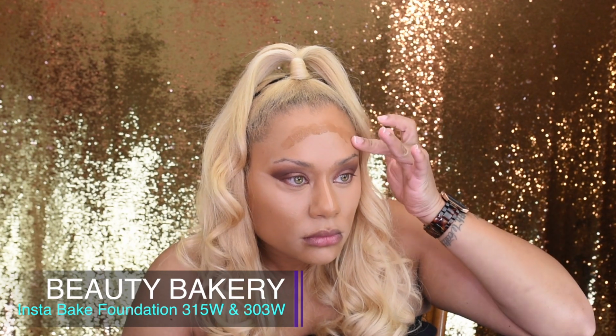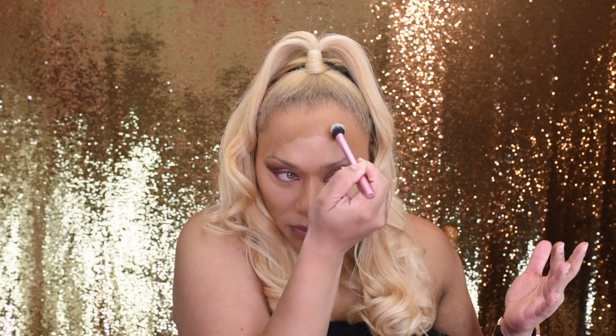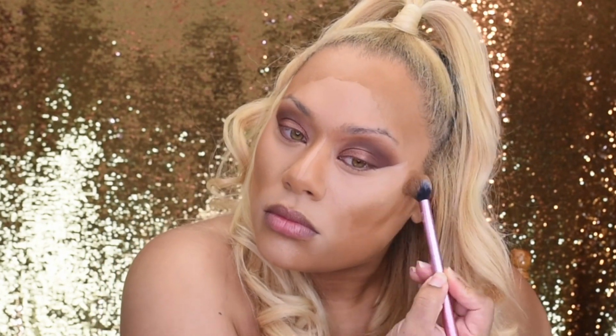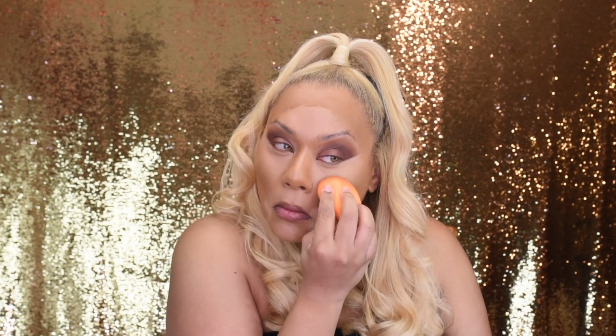Okay, we got a double bang on the Easy Bake stuff here right now. Oh, this is Beauty Bakery foundation. So why would you need foundation after all this other stuff you just put on? Wouldn't foundation have been the first thing you put on? I don't quite get that, but apparently I don't know exactly what I'm talking about here, because that is foundation. You know, after a while, you start to wonder, can you really feel your face? Do you really still have a face? But apparently you can, because she seems to be able to do...